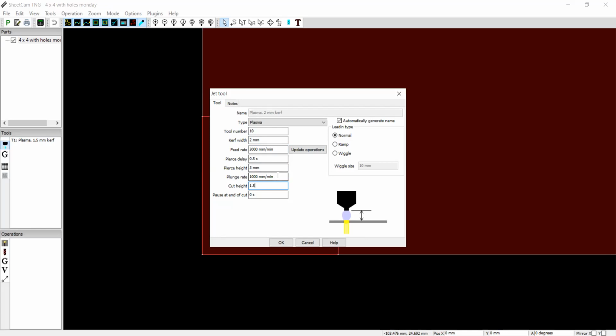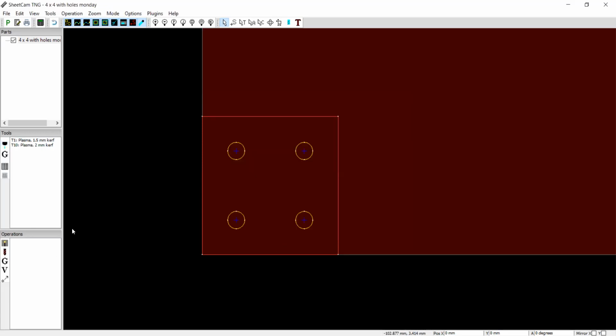Okay, so plunge rate doesn't matter. 1,000 or 2,000 is good. Remember, I am using all these measurements in millimeters and millimeters per minute. You can change it according to your units, inches or whatever. Okay. So the standard procedure I follow is,